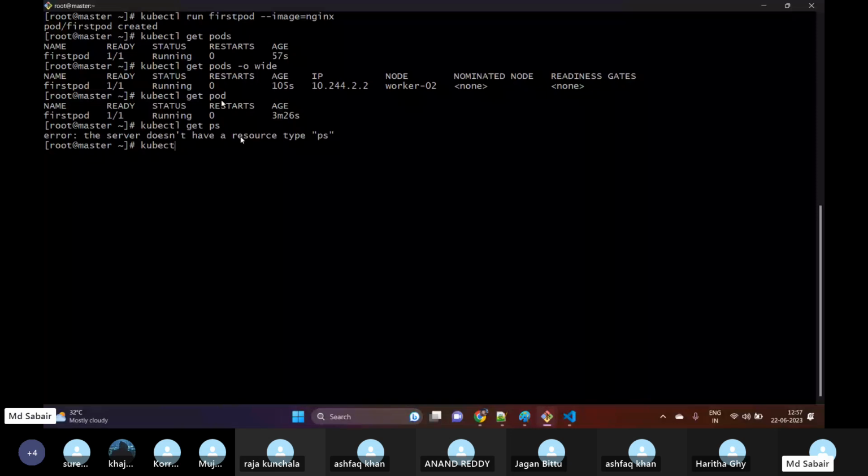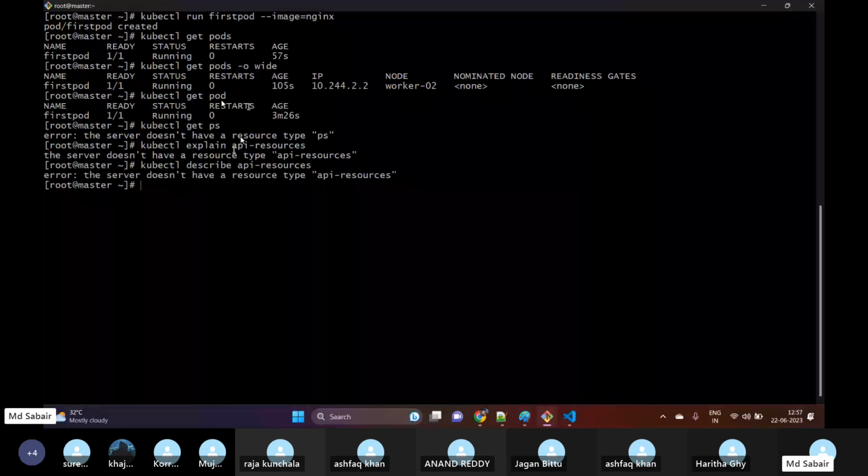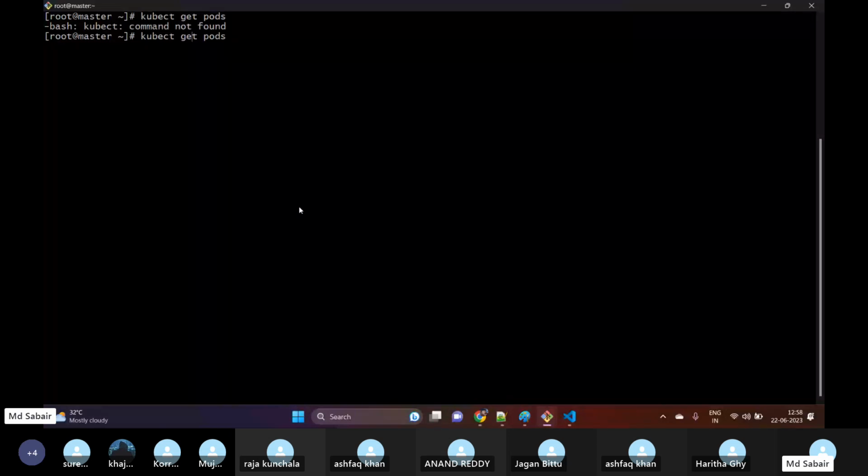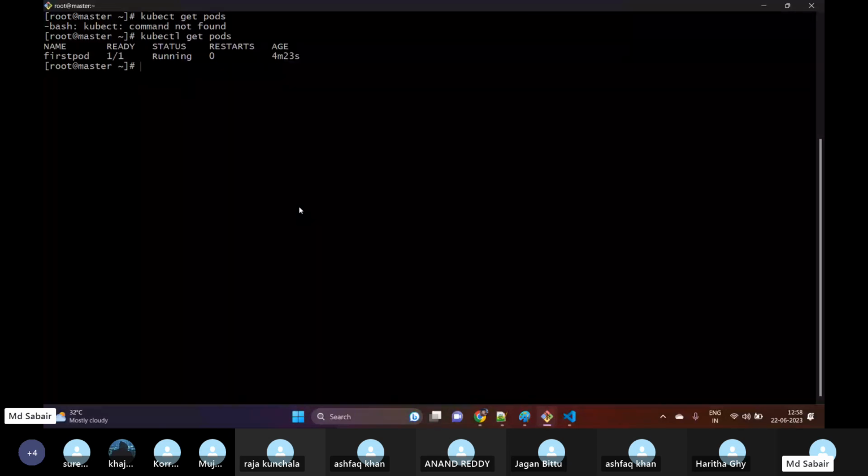For example, I'm not sure for pod, I think yes, no. kubectl explain API and resources. Sorry, not explain, describe. Not working. Okay, let me check this command. So basically we have some shortcuts as well which we can use in order to fetch the details. So now if you want to get the pods, we can use kubectl. What happened? The kubectl command is not working. Okay, spelling mistake. So give kubectl get pods, we can get the details of the pod, and this is